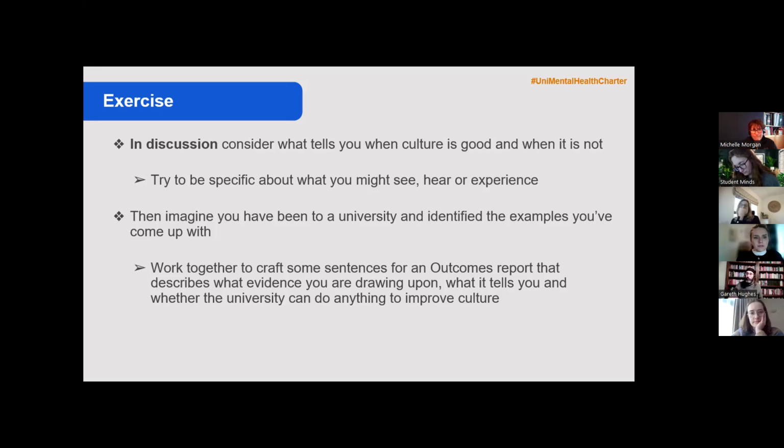Very good. Okay, we're going to come on and talk about excellent and good in a little bit more detail, so let's hold that for a moment, because I think that's really important. Can I come on and ask, did you manage to get to a point where you were creating some sentences or paragraphs to pop into a report? Did either group get to that? Chelsea, over to you.